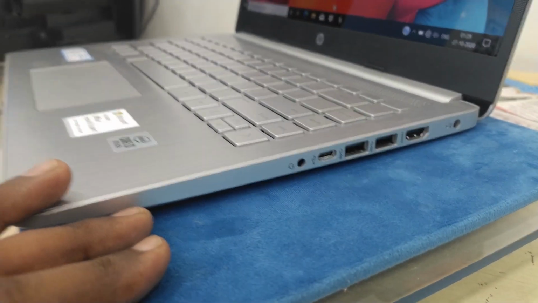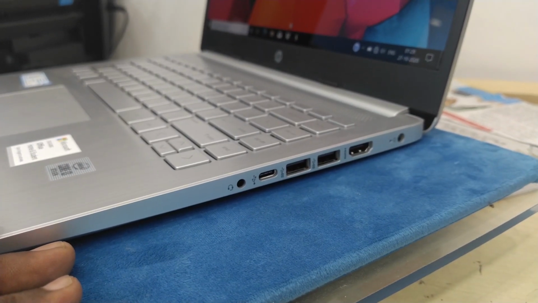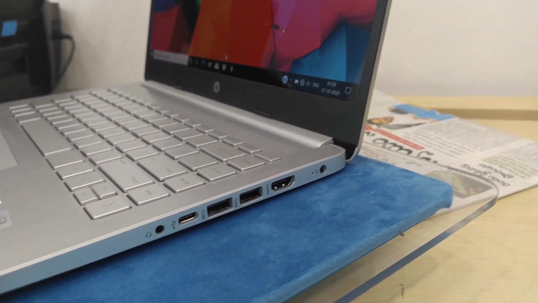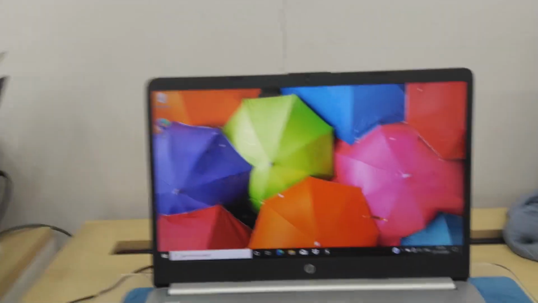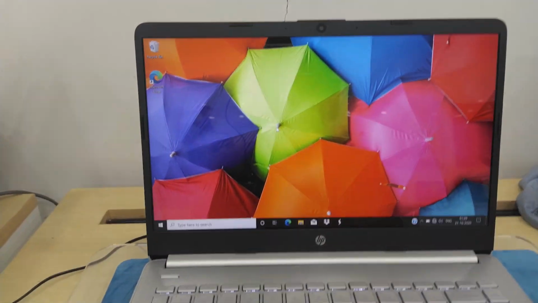Just remember, only data transfer, and two USB 3.1 ports, and then one HDMI and one AC port. And this comes with a 41 watt-hour battery, guys, which is a 3-cell battery.